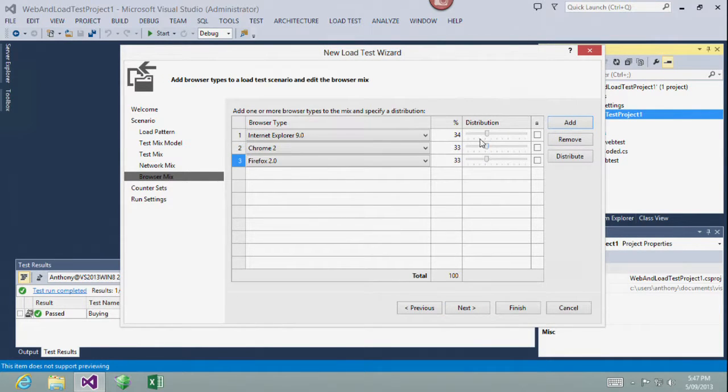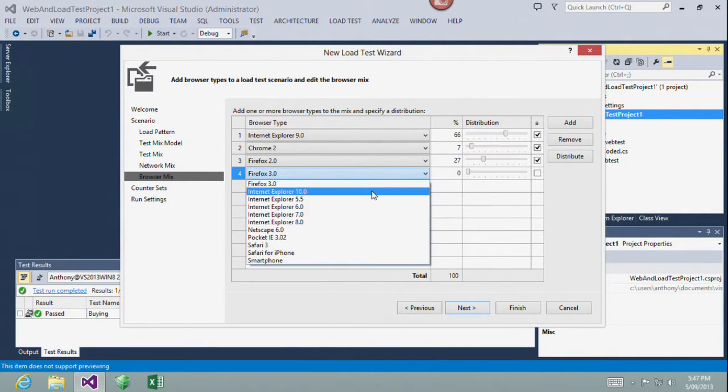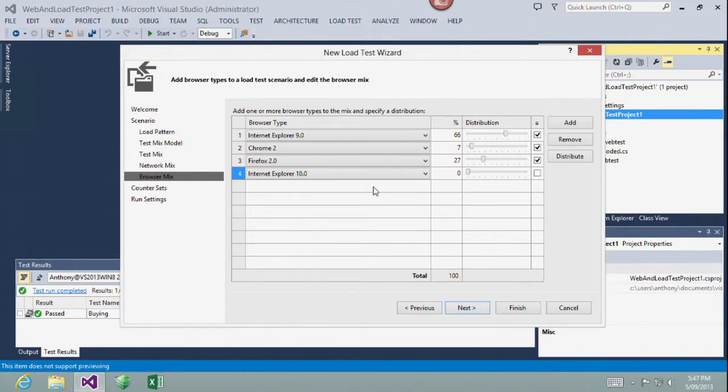What browsers? Well, we all know that IE rocks. No one uses Chrome. I can't even push Firefox down now. All right. Why are we doing that? Hang on, let's go and put in IE 10. All right, what do you reckon? Can you install IE 9 and 10 on the server at the same time?